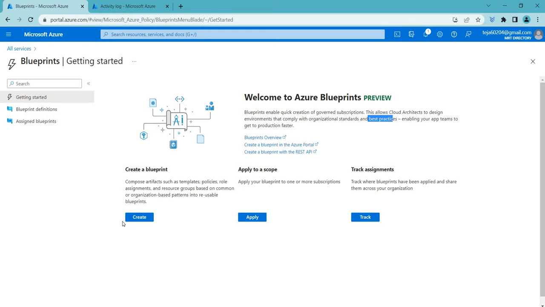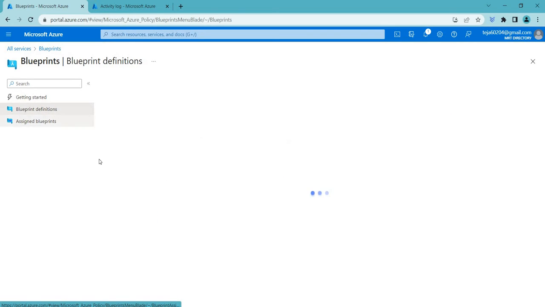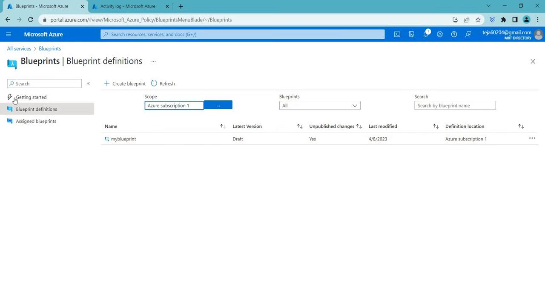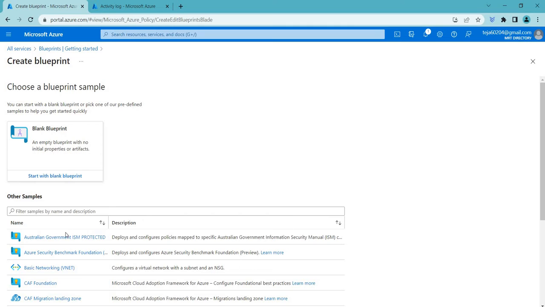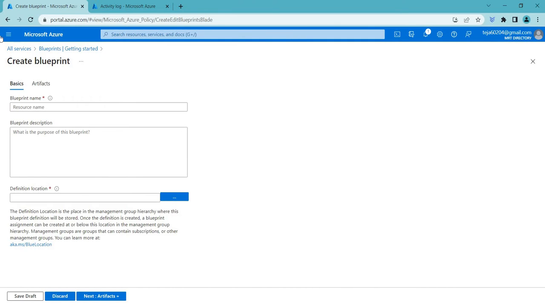So you can create one here. I already created one, so I'll be showing you how this is done. Just go back and create one. You can select the samples here, or you can just go ahead and start with a blank blueprint. So click that, and here add the name. In this case I'll just add my blueprint 2 or 1, and you can add the relevant description if